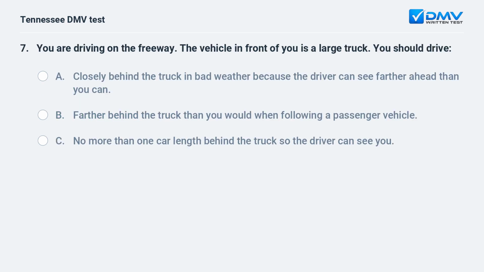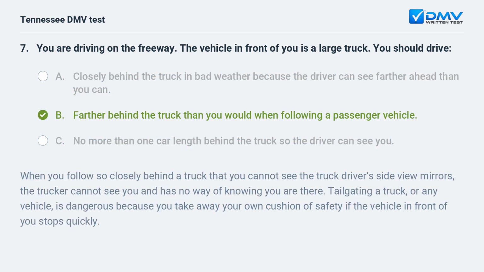You are driving on the freeway. The vehicle in front of you is a large truck. You should drive A. Closely behind the truck in bad weather because the driver can see farther ahead than you can. B. Farther behind the truck than you would when following a passenger vehicle. C. No more than 1 car length behind the truck so the driver can see you.